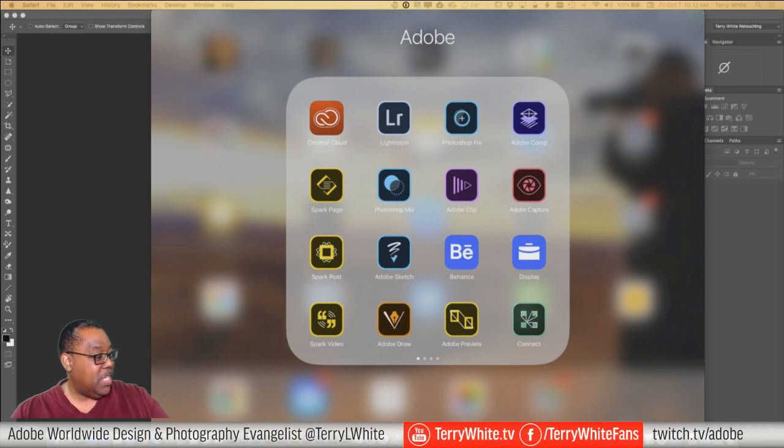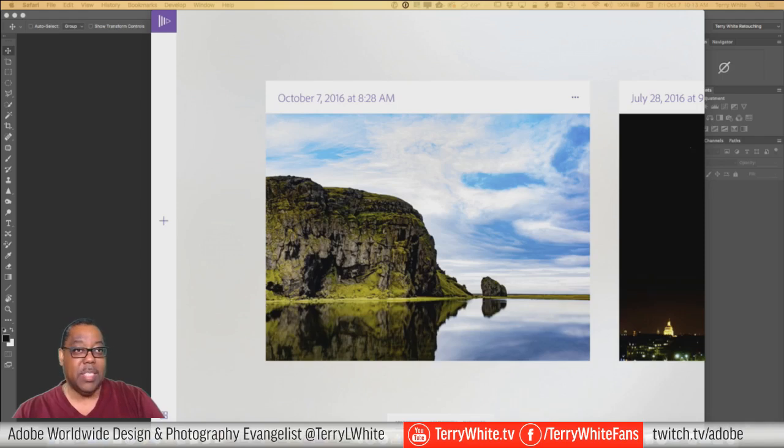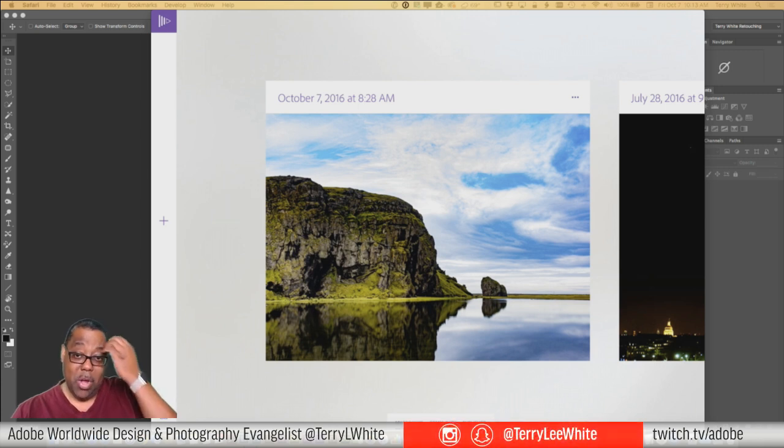So let's go ahead and go to Clip. So launch Clip. And this is the layout for the mobile apps in general. With the exception of maybe Lightroom, they all have this same interface where you're looking at your projects in the middle. On the left-hand side is usually a plus sign to start something new. And depending on the app, you can look at what others have done in the community. Now, Premiere Clip puts it at the bottom. Some put it on the right-hand side, so you scroll all the way to the right and you see the